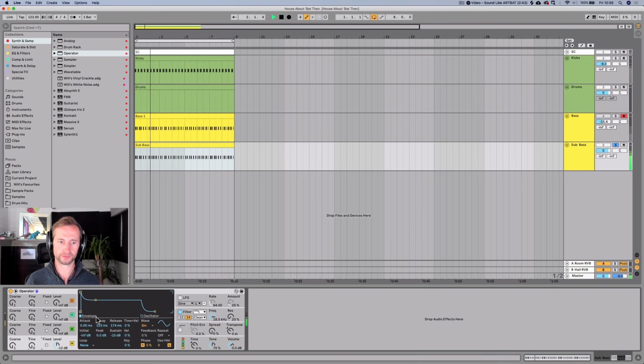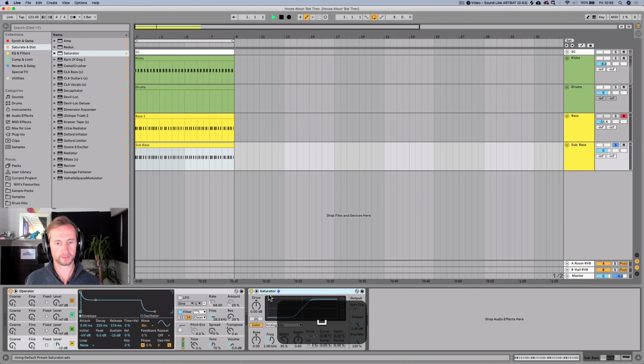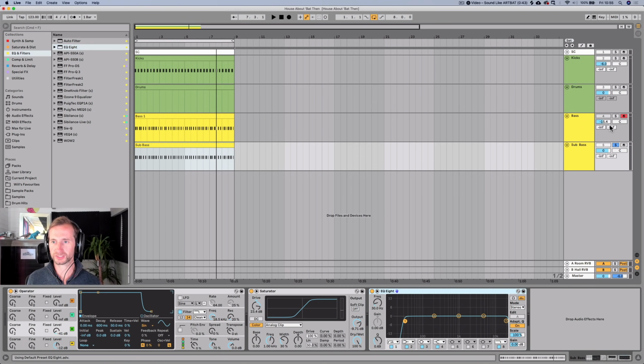So you can hear the percussive elements of that. I'm going to add a bit of saturation, again, warm it up a bit. Just add some harmonics. I might add another oscillator 1 octave above it. Cool. And now I'm going to take out some of those high frequencies so it gels in with our top